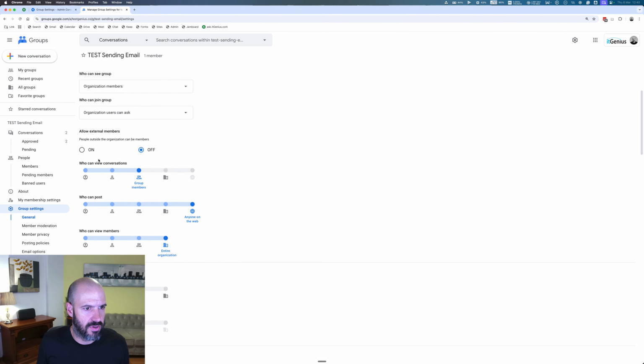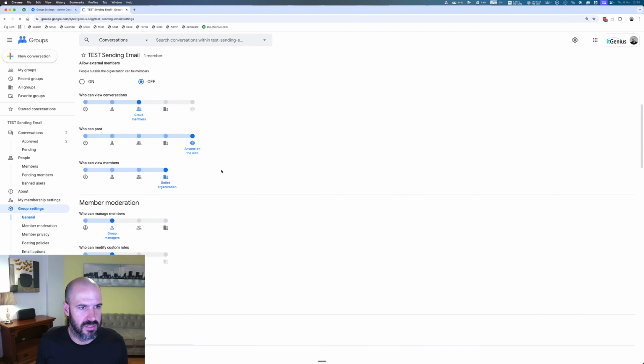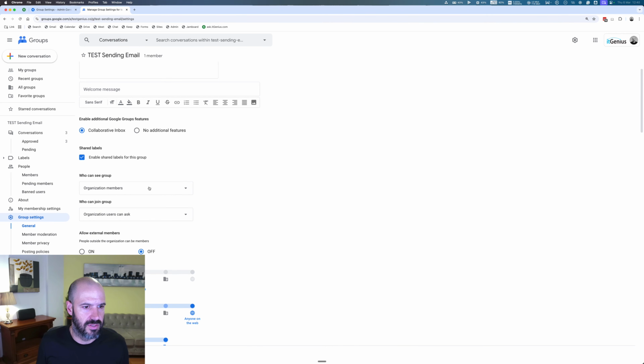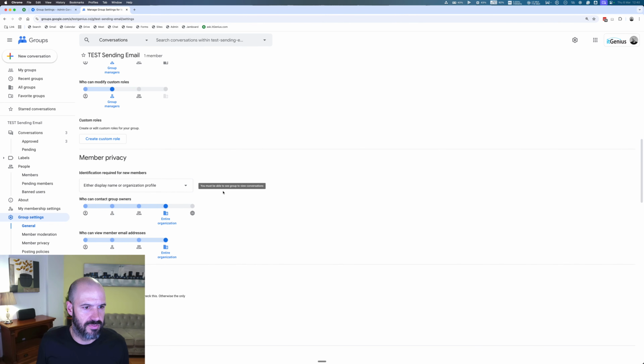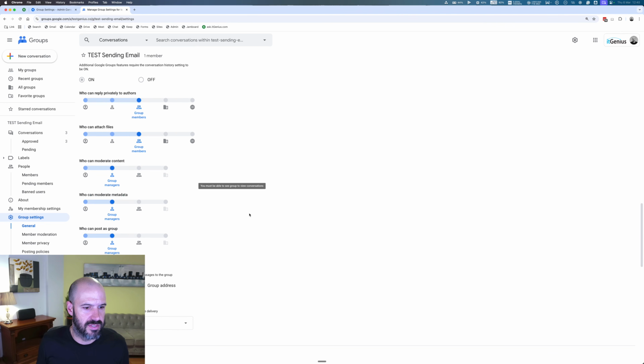I've got a feeling we might need to switch on collaborative inbox. Maybe that's the one. And shared labels. It's another cool one. You can start labeling emails. Trying to find, because I'm pretty sure you can set the default